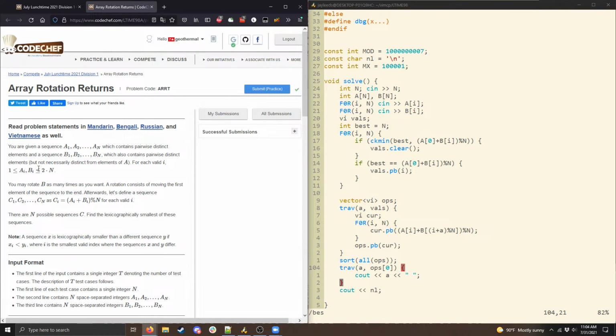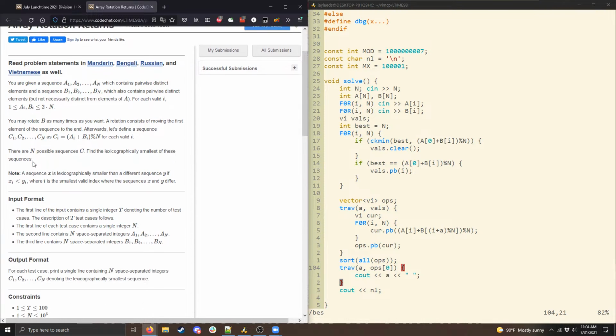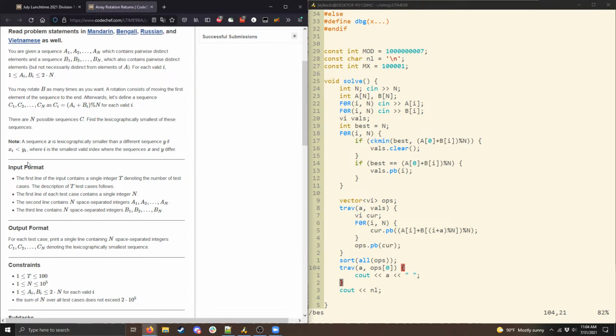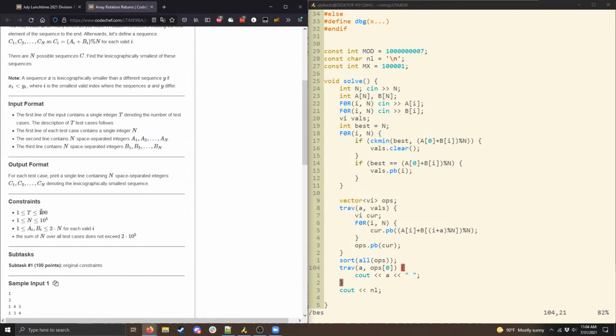And then I'm also asked, what does it mean that the sum of n over all test cases does not exceed 2 times 10 to the 5th? So this means we're dealing with up to 100 test cases in each file. That's what this constraint t means. This is basically saying that when we sum up n over all test cases, in total it's going to be at most 2 times 10 to the 5th in each test file.